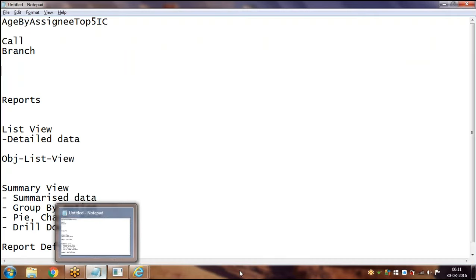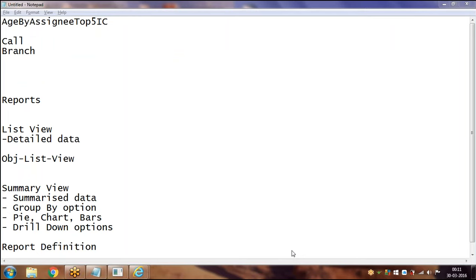Actually, if I want to show an organization structure, for example a parent-child relation, can I show that in list view or summary view? Parent-children, organization chart, that would be the summary view. Yeah, generally you will have an out of the box tool for that as well. Try to find it out. If you are not able to find it, just create the summary view.